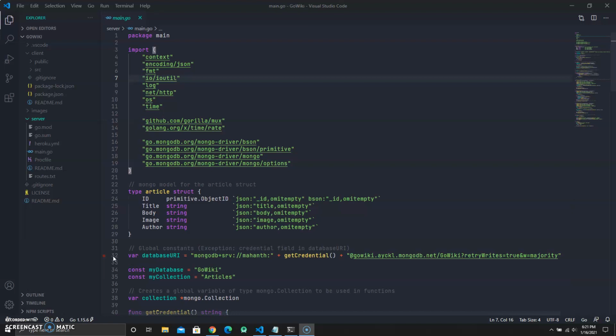The io/ioutil package allows you to read and write files from the file system. Log allows you to log errors as well as report results into the console. Net/HTTP allows you to handle HTTP requests and responses, and it's very useful for web APIs. OS is a package that allows you to perform operating system low-level operations, and it also allows you to get environment variables,